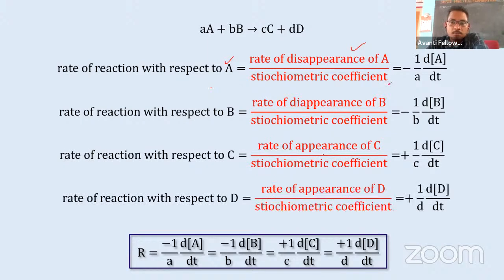Why are we putting the minus sign here? Because these are reactants, their value is decreasing, and these are our products, their value is increasing. So if we put them together, the rate of the reaction is just the rate of that particular reactant or product divided by its coefficient. Simple. Everyone understood? This is one type of notation, or way of writing the rate of reaction for each reactant and product.